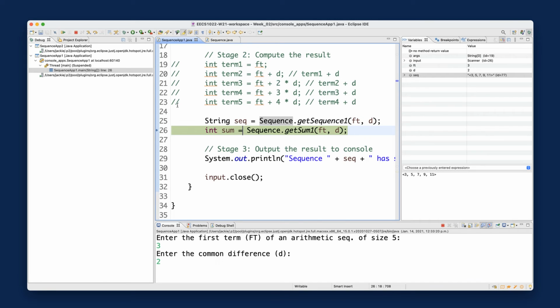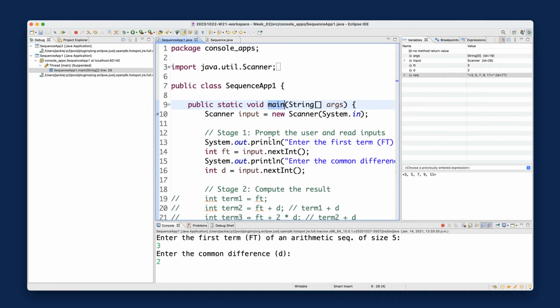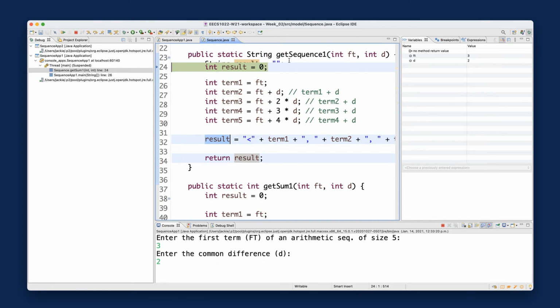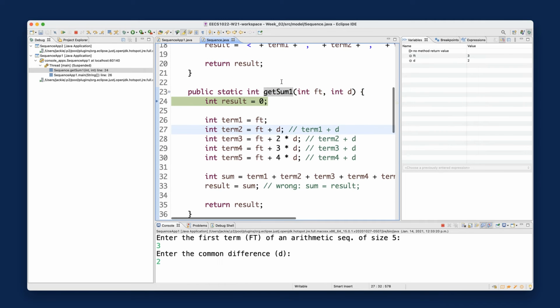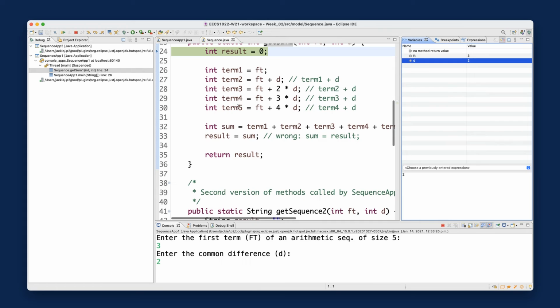Let me show you. If you say step into over here, what will be the context being shifted to? It will be shifted from the current method, which is the main method, into the get someone method from sequence. If you say step into, the leftmost button here, then you can see we switch to get someone over here, right? And then we're now right before executing line number 24. You can see we got FT, we got D as well, right? As before. I'm going to let you step over one by one over here to see exactly how things work,